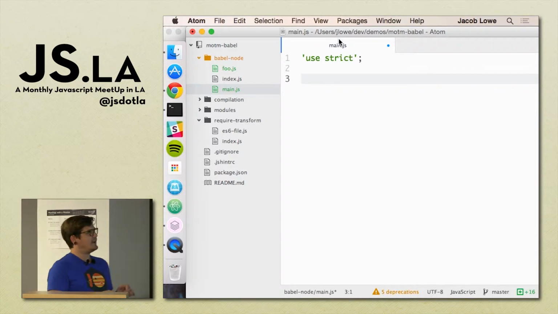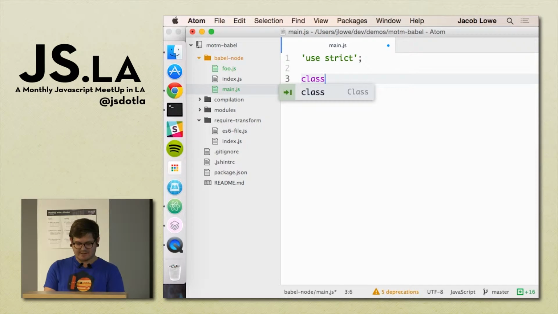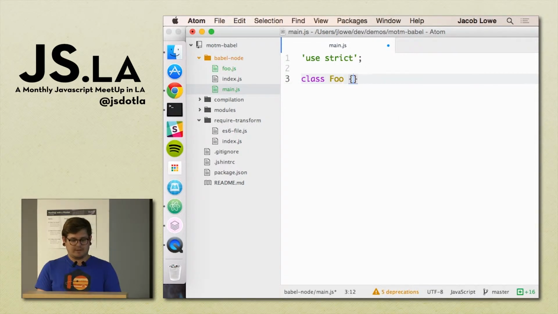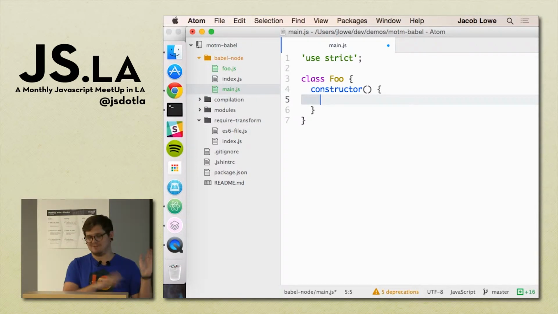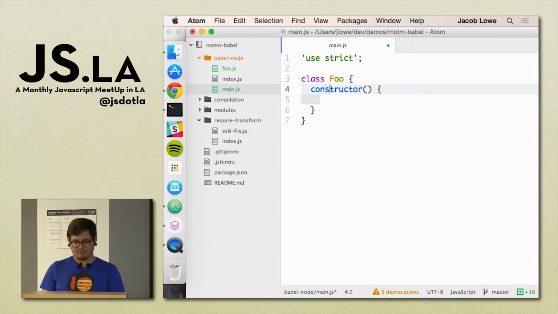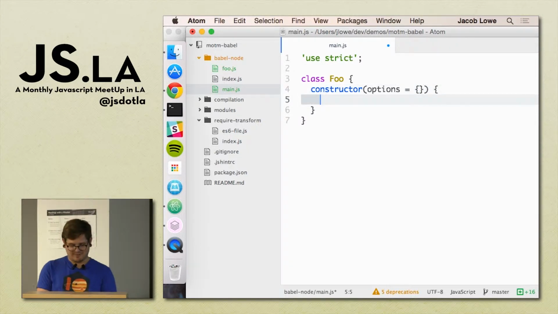So first off, we need to start writing some ES6 code. There are classes in ES6, so I'm going to write a class, and I'm just going to make a class Foo, and it's going to need a constructor. And as you can see, this doesn't look like the JavaScript that we write. This is totally different. And actually, what I want to do is pass some options to this, but I'm also going to give it a default argument, so that way it's always an object. I can count on it being that, and we'll just console log that out just to show you that this is working. So typeof options,